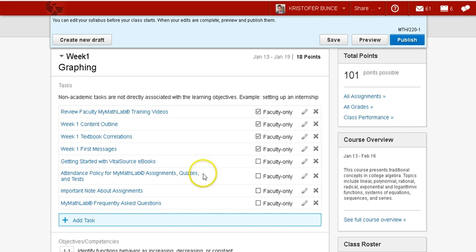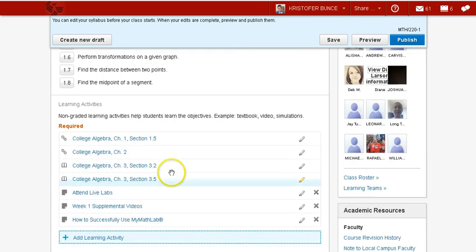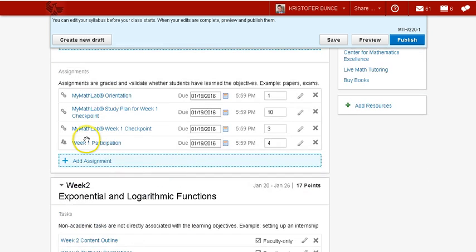So I'm just going to scroll down a little bit here to the first week. Okay, so you can change point values right here, but let's say you want to give them a little extra time on the due date. It has to be documented in here that you're giving them a little extra time. So let's assume that you want the week 1 checkpoint to be, instead of due on the 19th, due 3 days later, let's say the 22nd. You're giving them a little extra time. Now, you cannot change the due date here, but here's what I do. Click on the little edit symbol here,